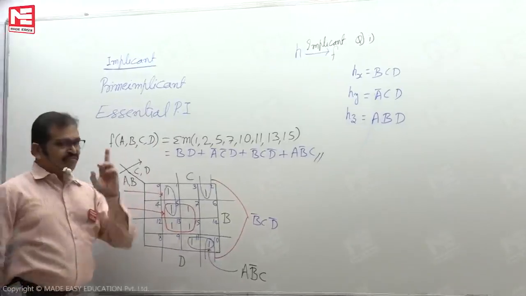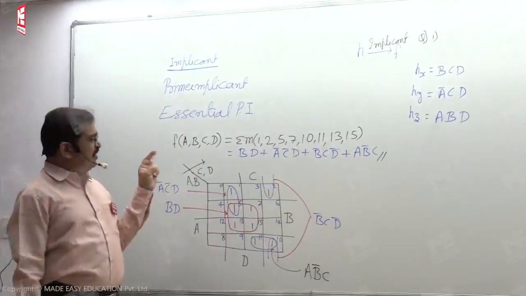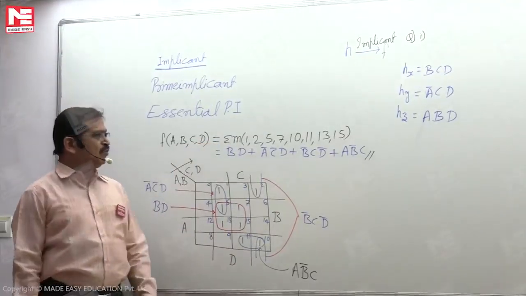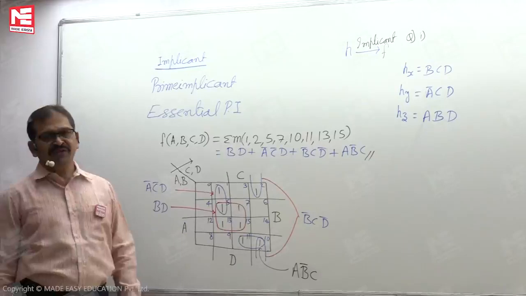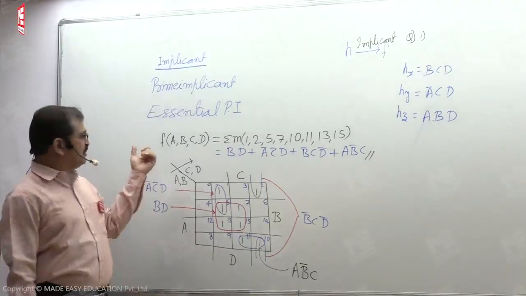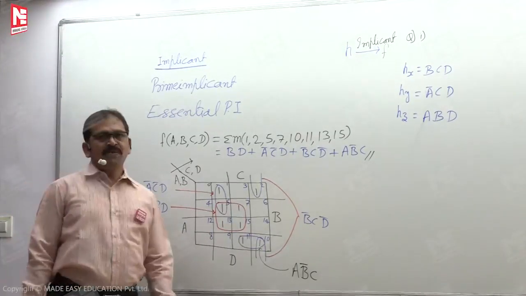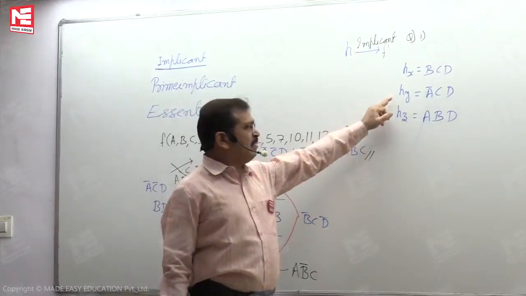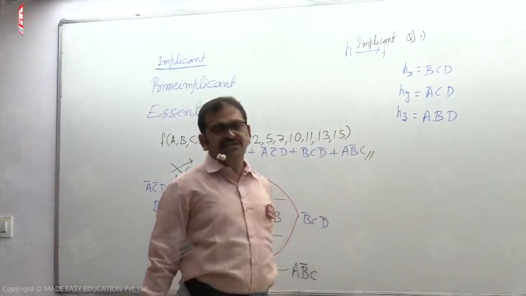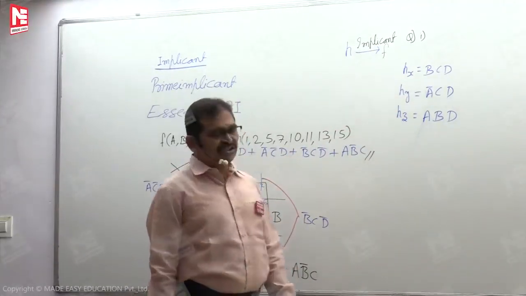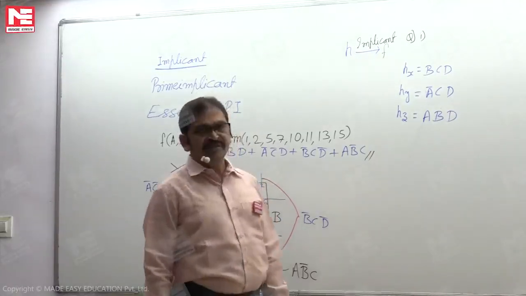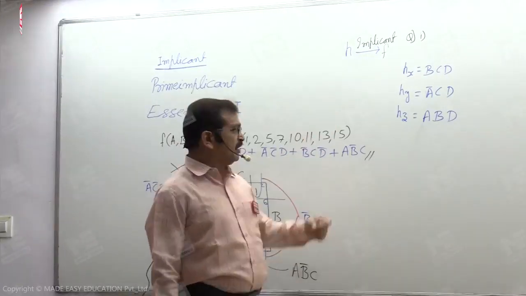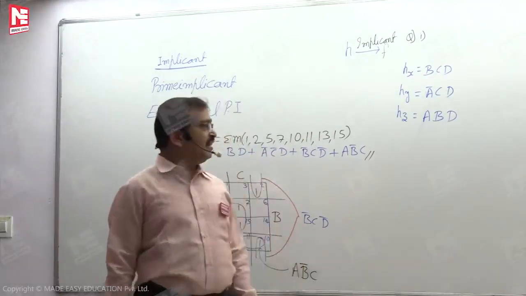For the given function f of ABCD, where the minterms are 1, 2, 5, 7, 10, 11, 13 and 15, from the given product list Hx, Hy and Hz,